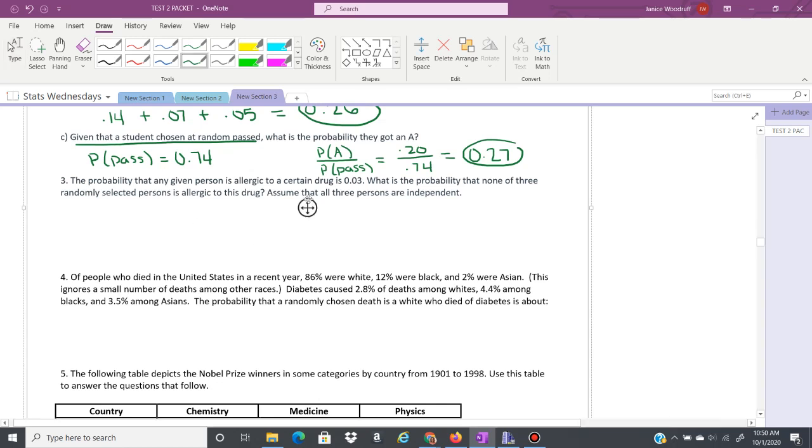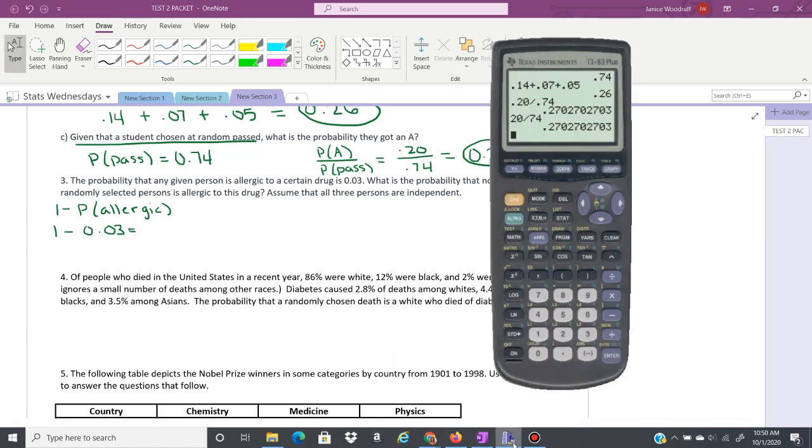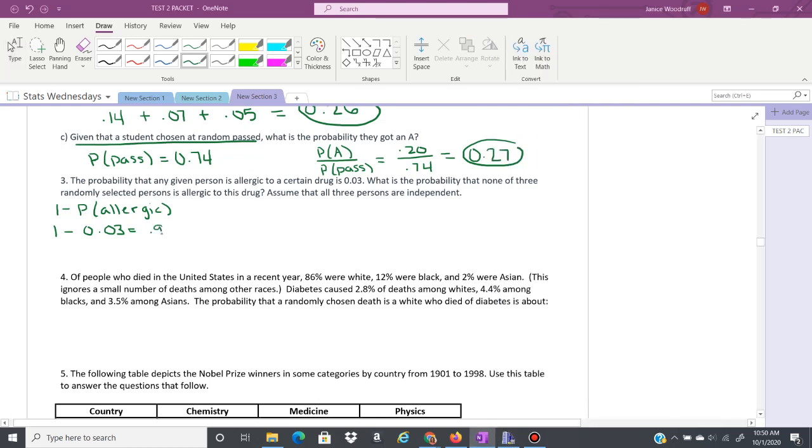All right, so the probability the person is allergic is 0.03. What is the probability that none is allergic? So we need to find the probability that someone is not allergic to the drug. So this is going to be 1 minus the probability that they're allergic. Okay, so it's 1 minus 0.03, so 0.97. So 97% of people are not allergic to the drug. Okay, so P(not allergic)